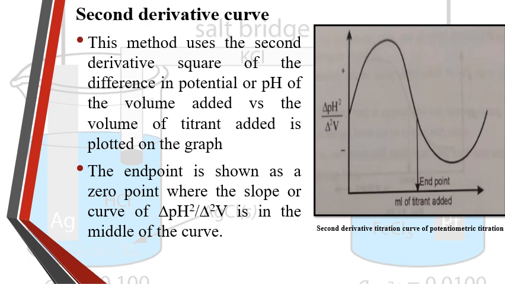The second derivative in potentiometry can be a powerful tool also for analyzing electrochemical data. It is particularly useful for identifying subtle changes and inflection points that may not be apparent from the first derivative alone. Here's how it works and where it is typically applied. In potentiometric titration, the second derivative curve helps in precisely locating the equivalence point and understanding the shape of